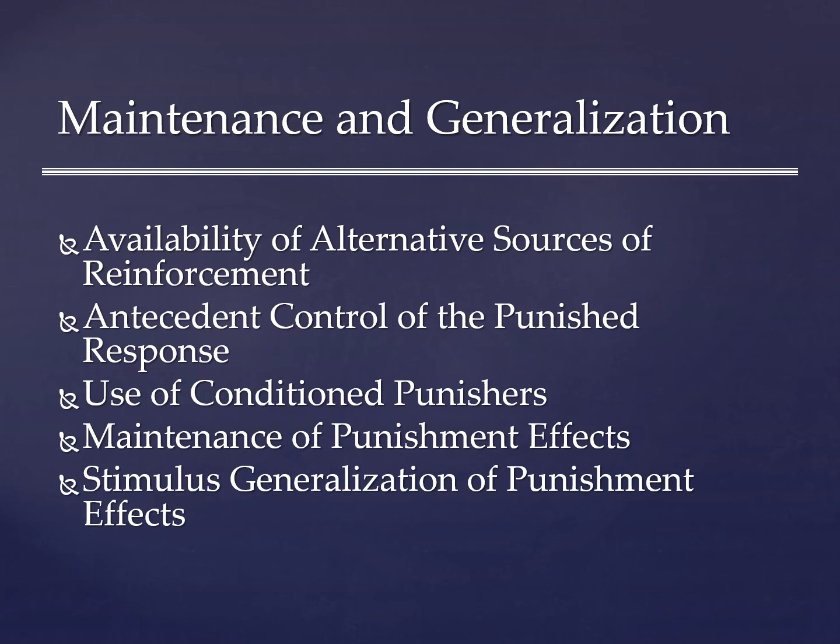Finally, programming for generalization. Do you think that you should evaluate the effects of punishment in one environment first before moving on to others, or implement punishment in all environments? The more environments, the better. This helps to prevent behavioral contrast, and with a greater variety of training environments, the change in behavior will be more likely to generalize to novel environments.